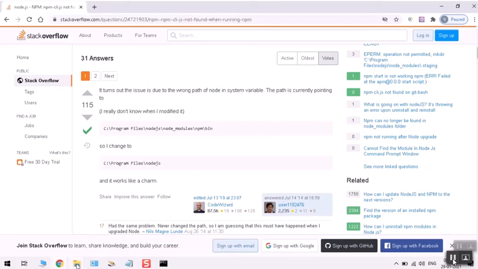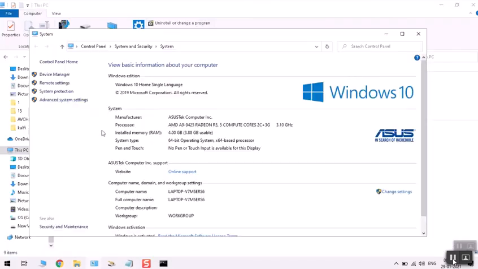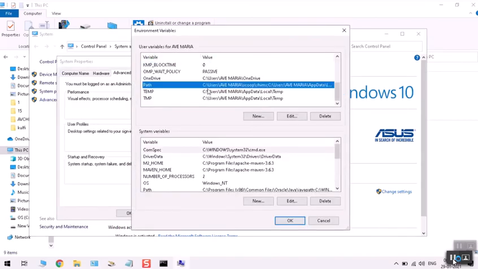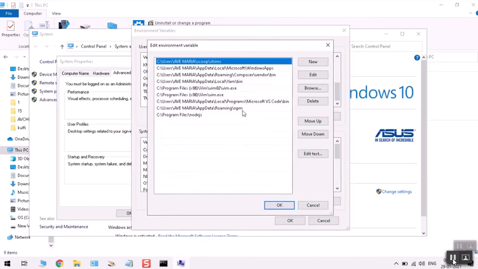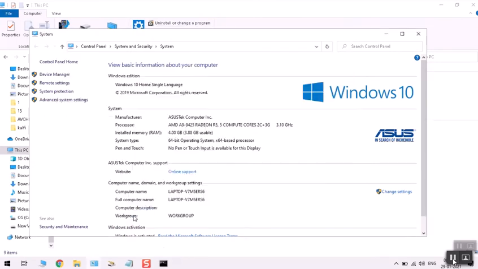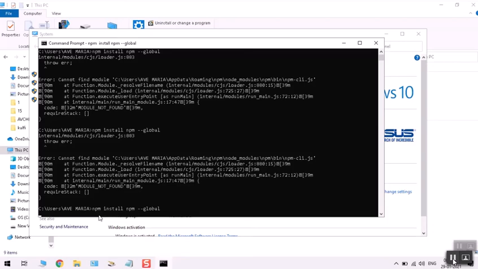Still it's not recognizing. Let's check the path. So we need to change it, I guess. Here we need to change.